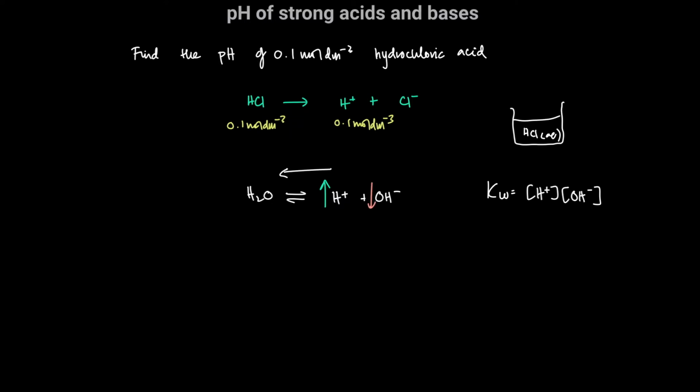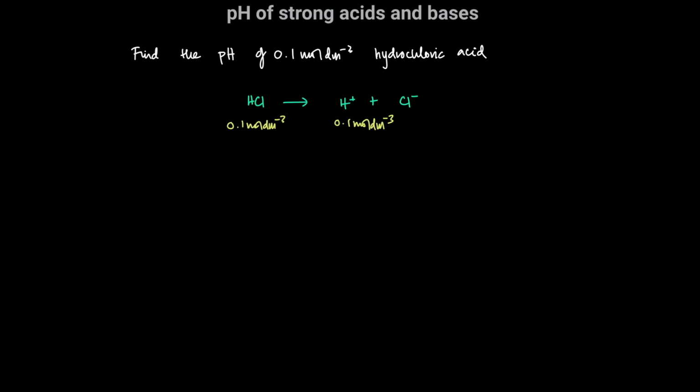All right. So what that means is that in this particular solution we have a much larger concentration of H plus ions and a much lower concentration of OH minus ions, but the product of the two is a constant. So the idea here is that we can assume that the concentration of H plus ions can be assumed to be coming directly from the HCl. For every mole of HCl we produce 1 mole of H plus ions. We can simply assume that the concentration of H plus ions here is equal to 0.1 mole per dm cube,